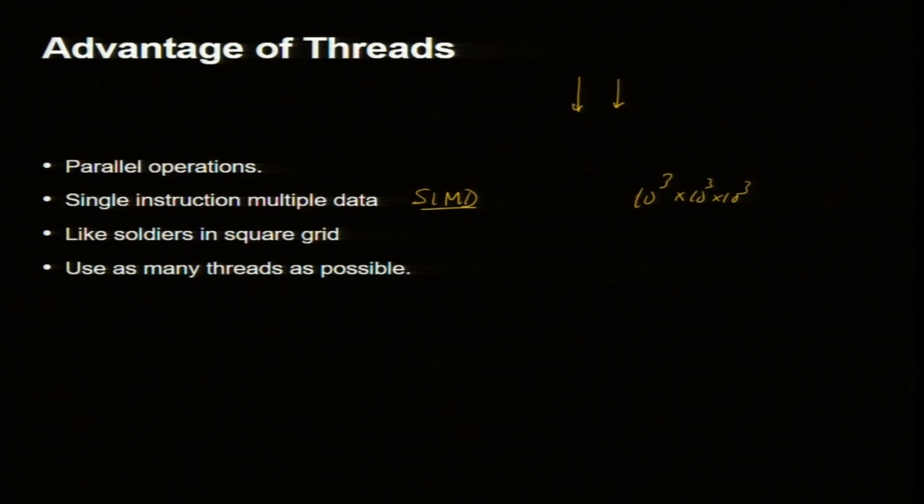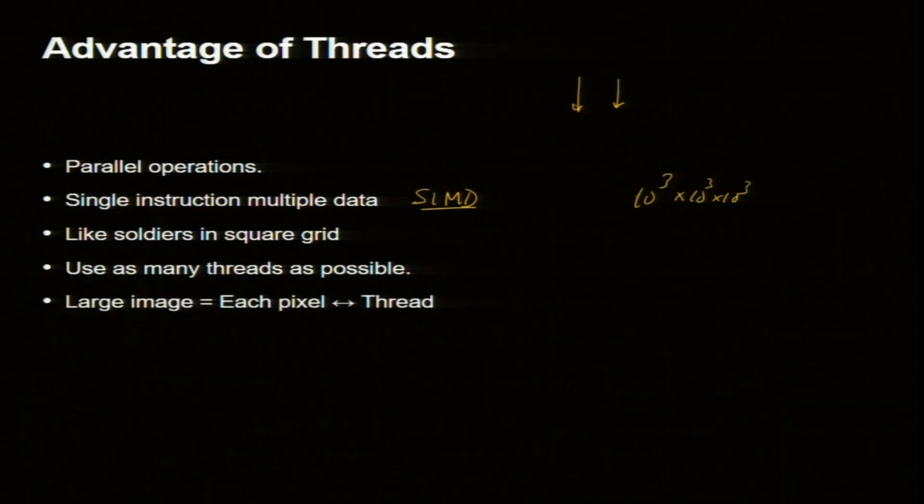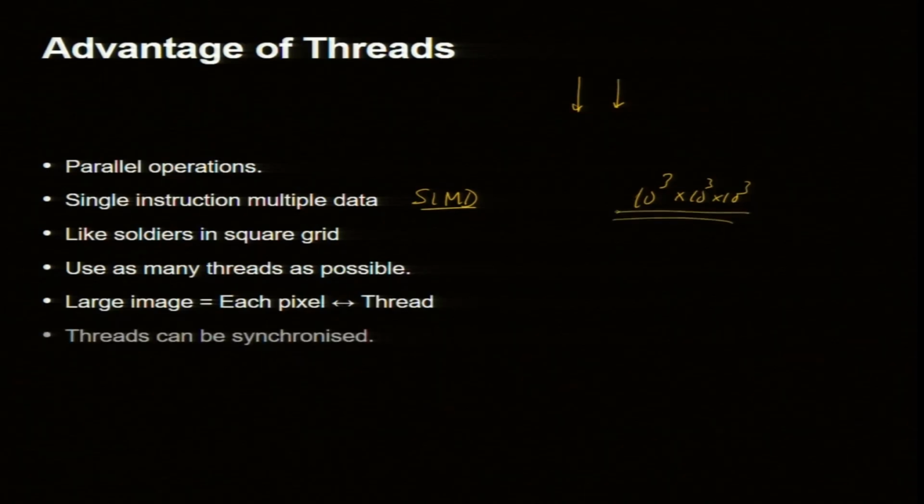I will tell you how many blocks and how many threads are allowed right now in the present NVIDIA machine. For a large image, for every pixel you generate a thread. As I said, 3D grid, 2D grid, you generate it like this, but right now for your project do not try this, this will just take too long. Just try for 100 by 100 2D first.